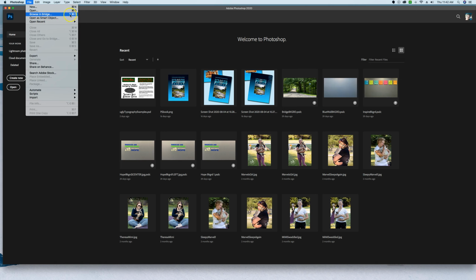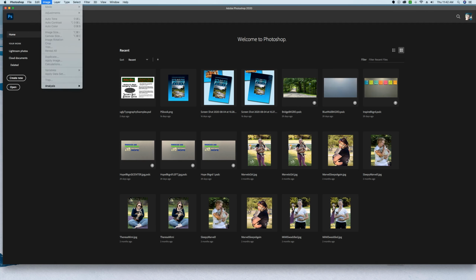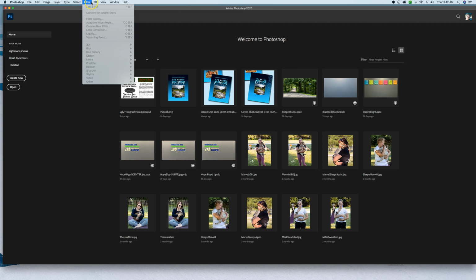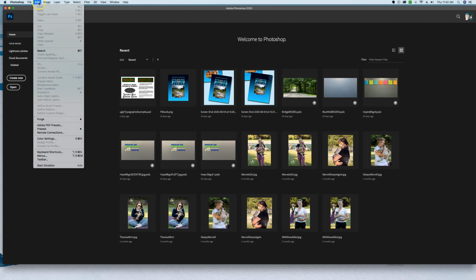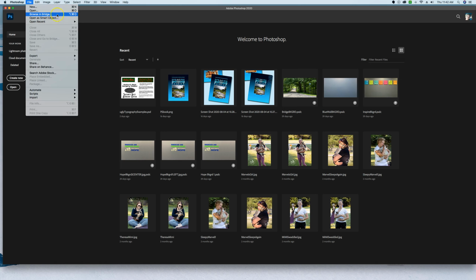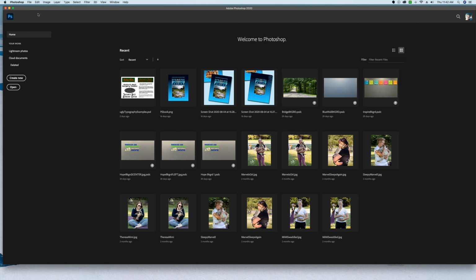Option, that's that button on a Mac. Command, that's that button on a Mac. Letter O. So this would be Alt, Control, letter O on a PC. If you're working on a PC, whenever you're in any of these menus and there is a shortcut available, the shortcut will be listed right next to it. So in this case, we're looking at Option, Command, letter O, or just click on Browse in Bridge. That's going to then launch